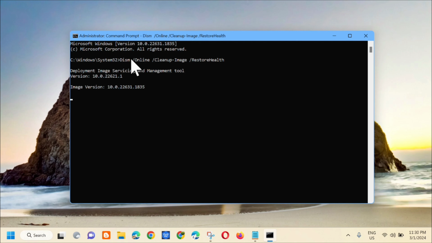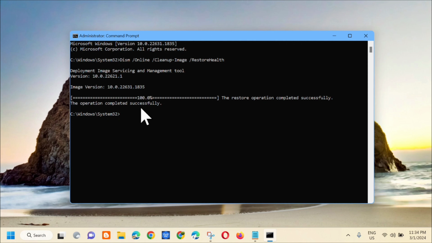enter. Ayan, so pakikita mo dito na Deployment Image Servicing and Management tool. So kailangan lang natin na hintayin na makomplete yung verifications or yung restorations into 100%. Okay, so makikita mo dito na the restore operation completed successfully, and the next command keyword na kailangan natin i-enter